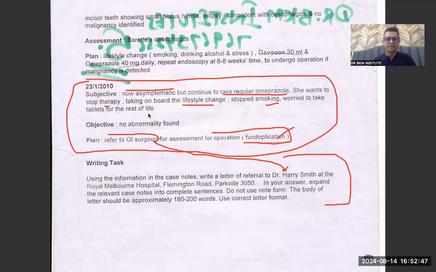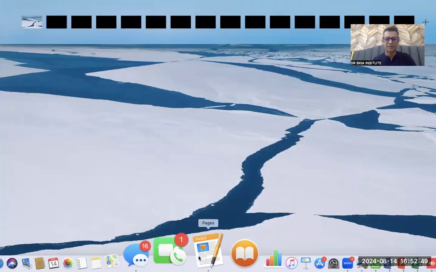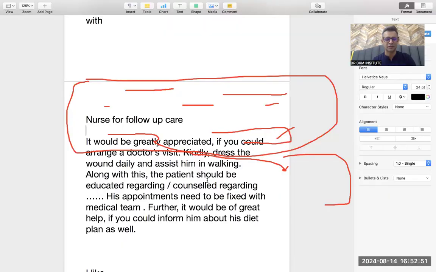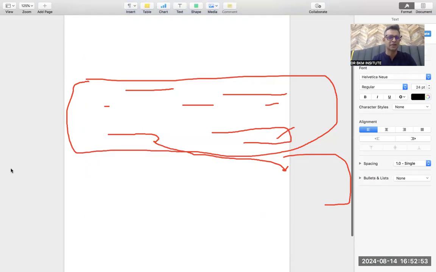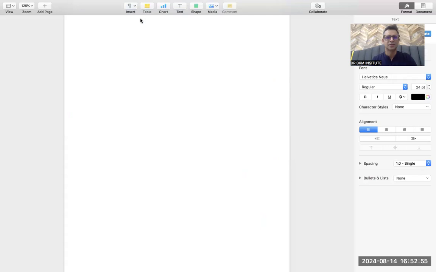So if I have to write this letter, I will simply go to my pages. And if I have to write the first paragraph, let's see what the purpose is. See, this is how easy the purpose is. I don't have to read even the complete letter. I'm writing to a doctor. So the first paragraph I would write is, see how easy it is and how much time it takes: this letter is being written regarding Mrs. Clooney, I guess. I don't know the name of the patient. I did not check it, but whatever, we will change accordingly.